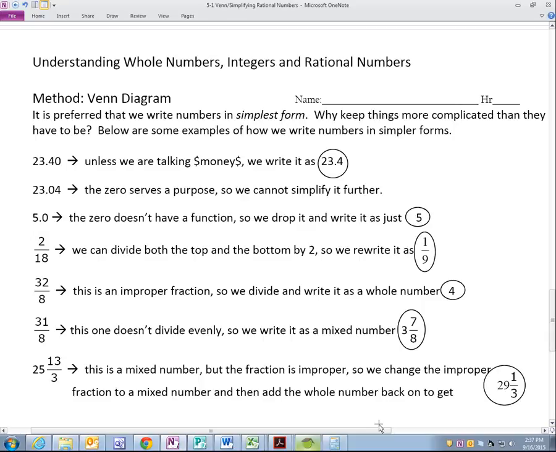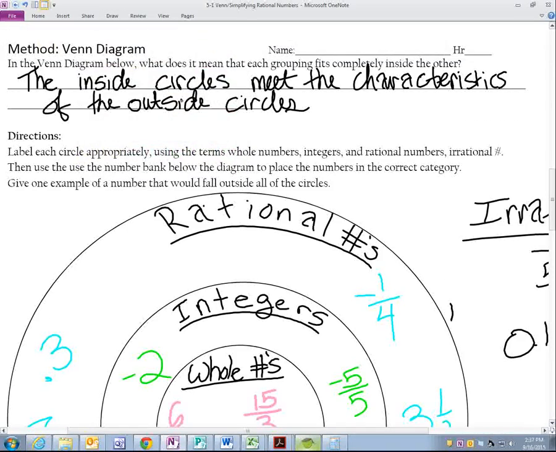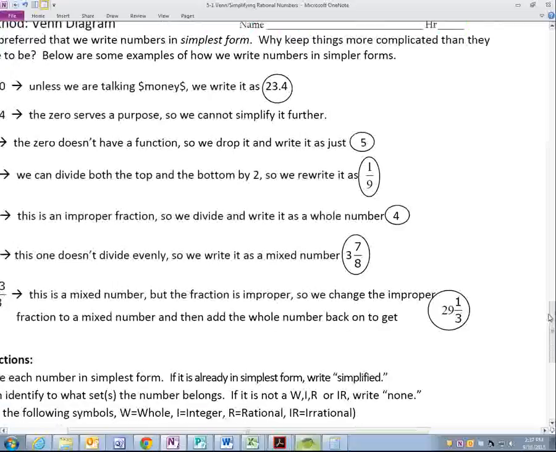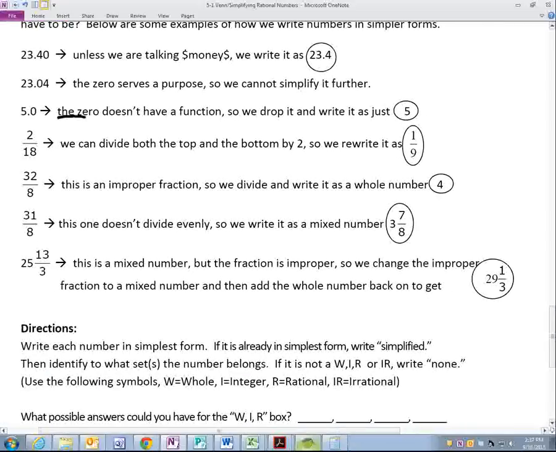23.40, unless we're talking about money, we write it as 23.4. You don't need extra zeros at the end if it's not necessary. Then we have 23.04. This time, the 0 is a placeholder, so we need it. We cannot simplify it further. 5.0, the 0 doesn't have any function, so we drop it and write it as just 5,